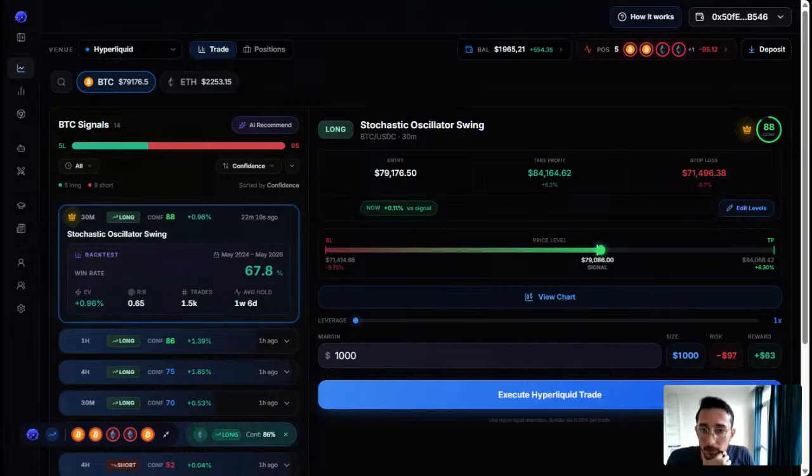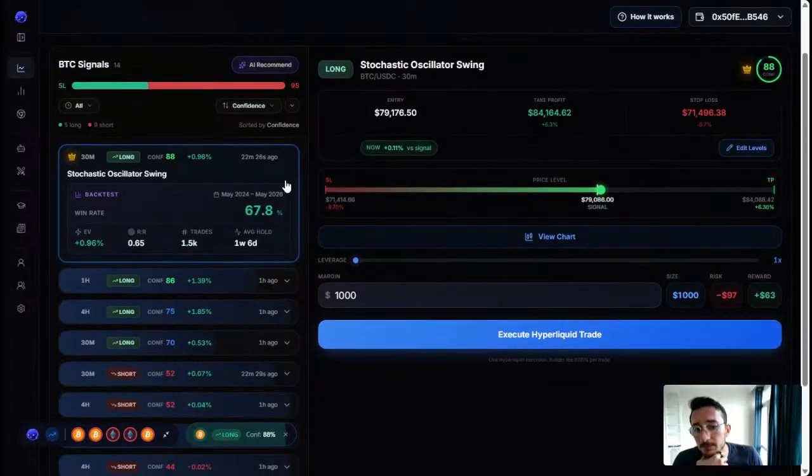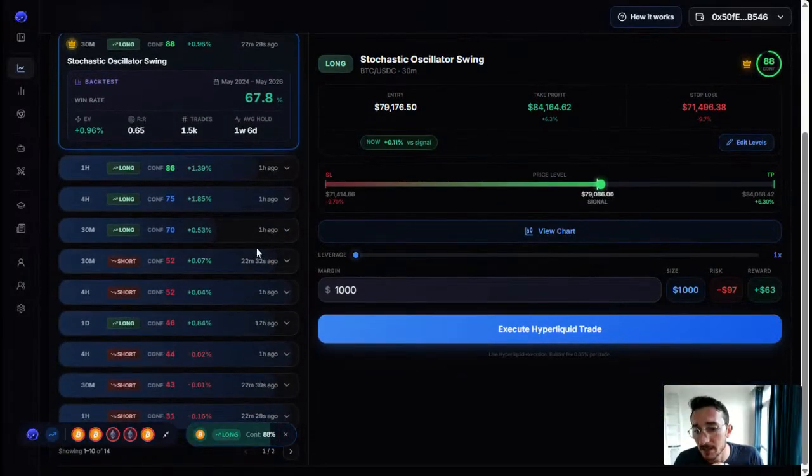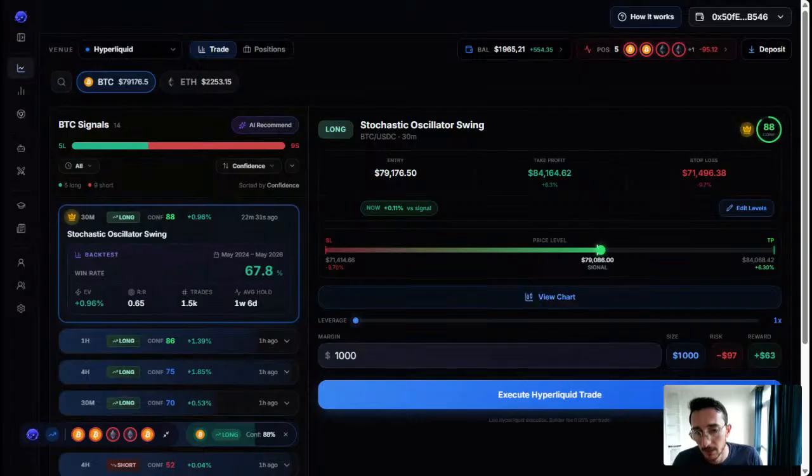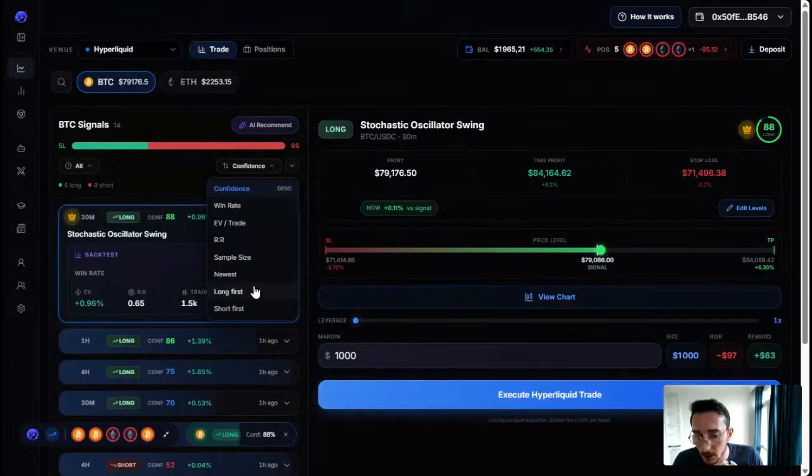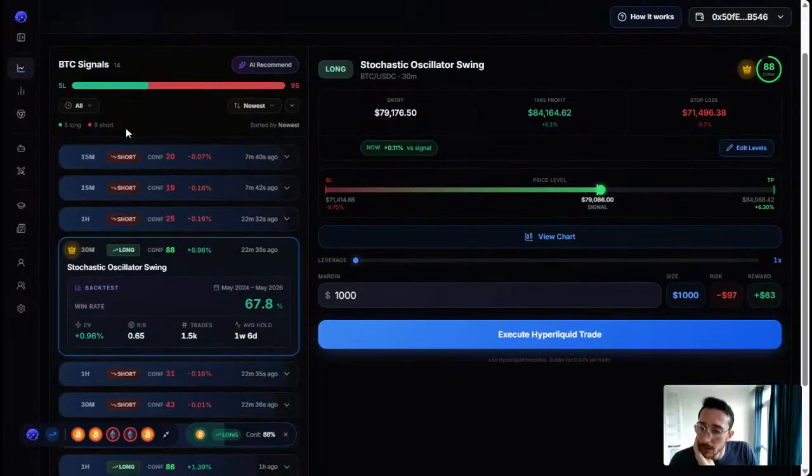So yeah, 2 things I want to cover right now. First, I want to unveil a finding I have made, and then I'll deploy a trading bot right now. So the first finding I want to give you is that in our system, you're going to have signals popping up all the time. They're arriving all the time. You can check, for instance, newest, right? You have long and short.